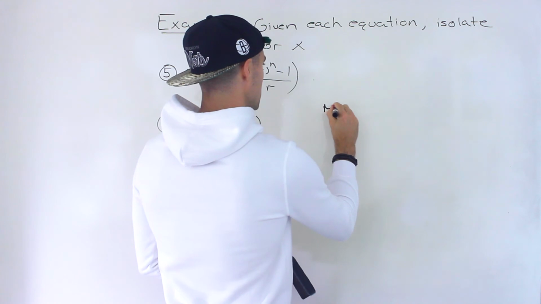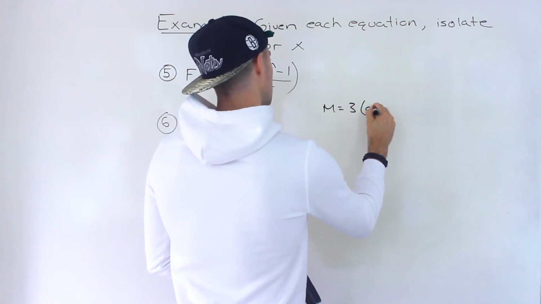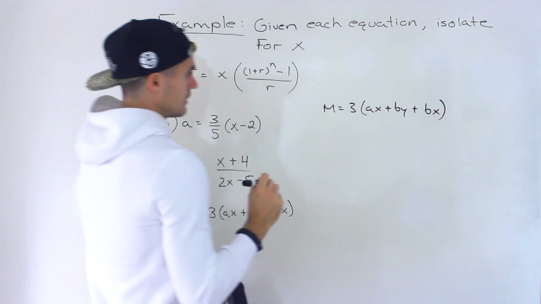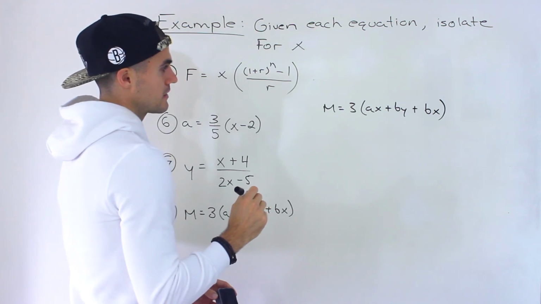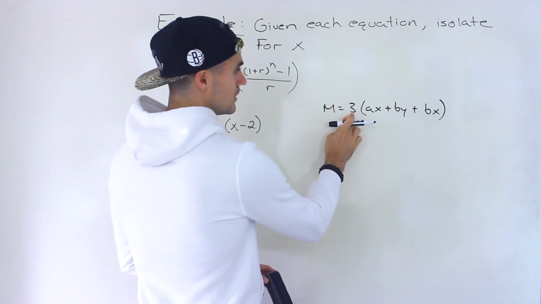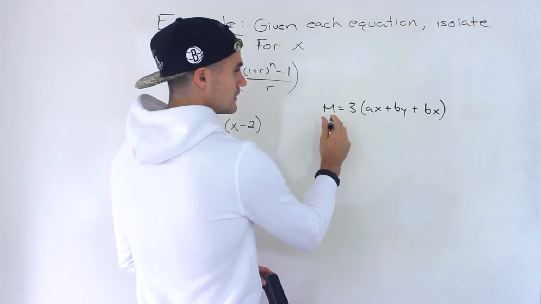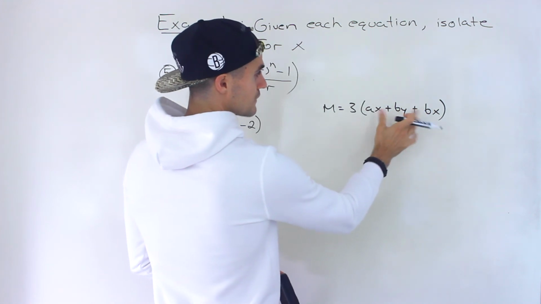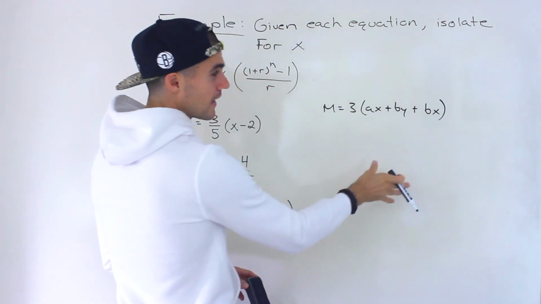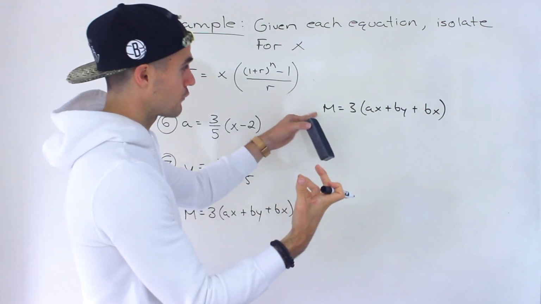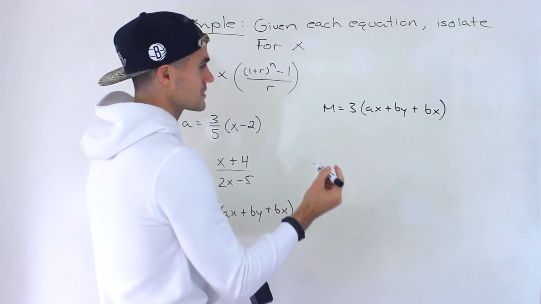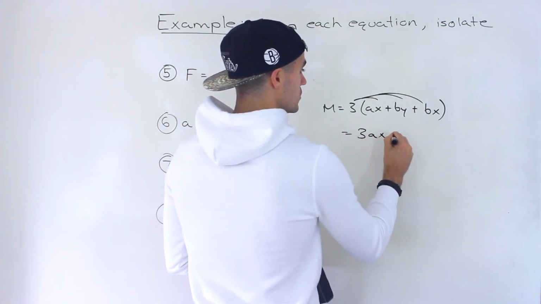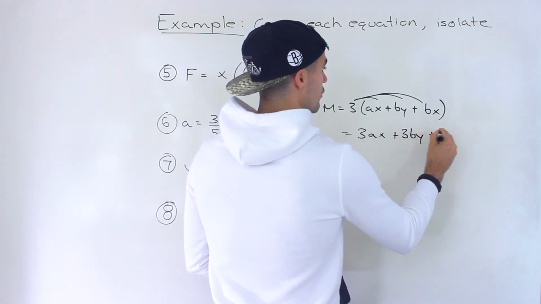We'd have m equals 3ax plus by plus bx, like this. We can divide both sides by 3 to get rid of this 3. But that's going to make it a little more complex, because then we're going to have to factor out this x from these two, and then divide by that a plus b. So we'd have a fraction dividing by another term. It's just going to make things more complex. So in this case, I think it's easier to just distribute the 3